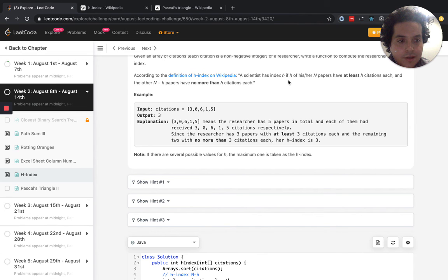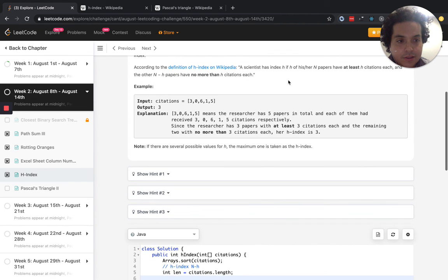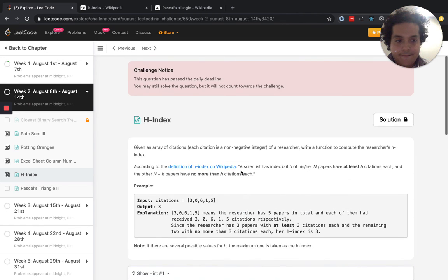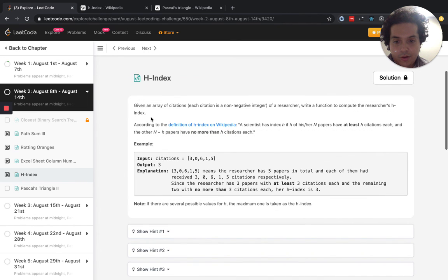At least H citations each, and the other N minus H papers have no more